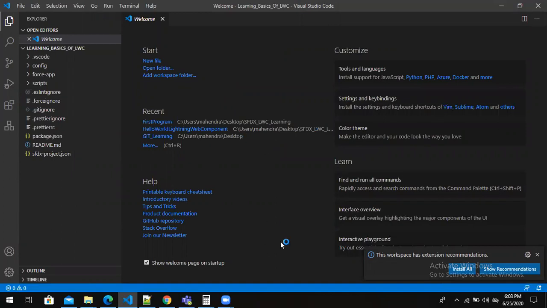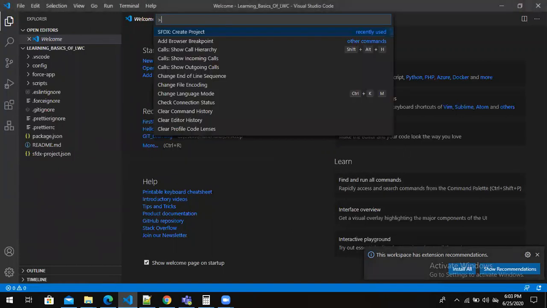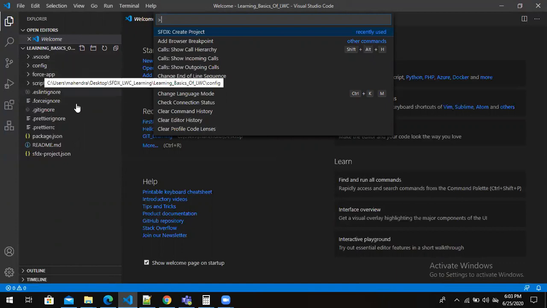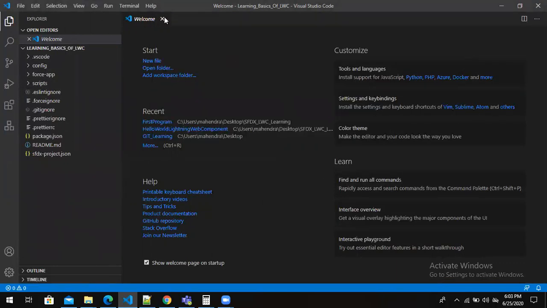It completed successfully, and you can also see that Visual Studio Code automatically navigated to the new project we created.